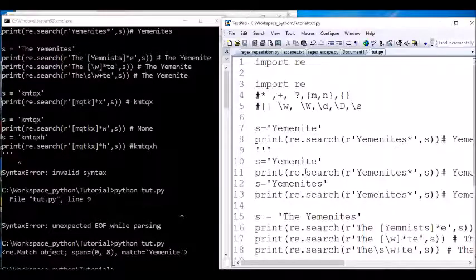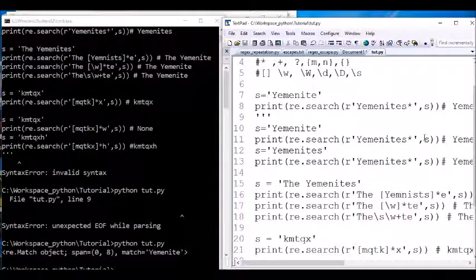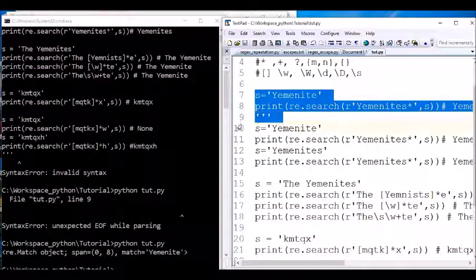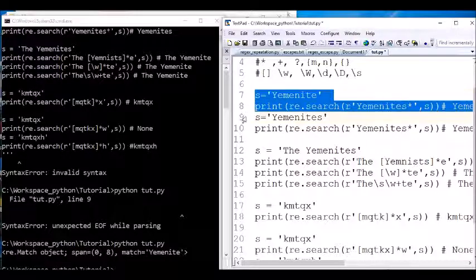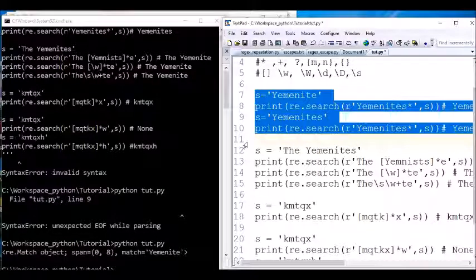Same thing here. If you don't find the S, ignore. This is the same. Delete all these.